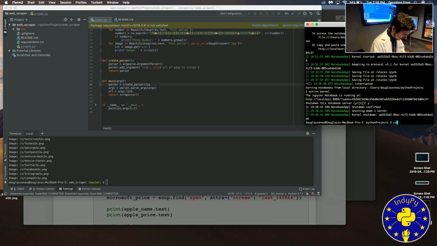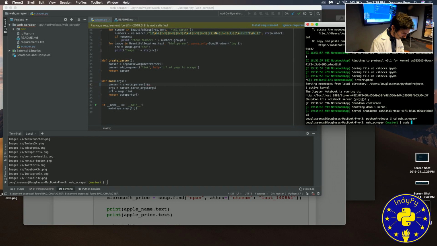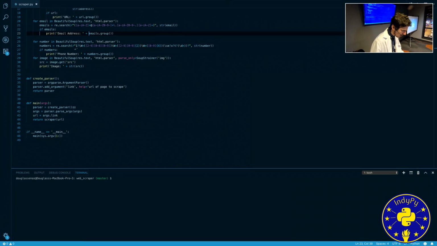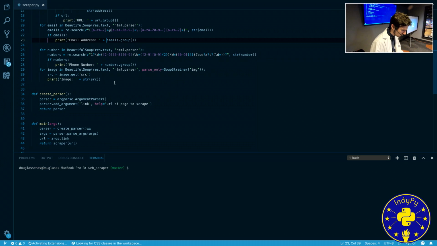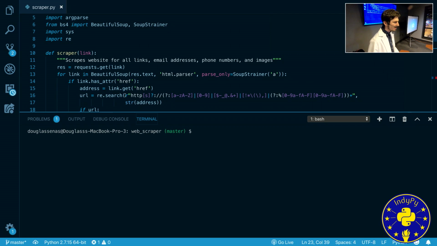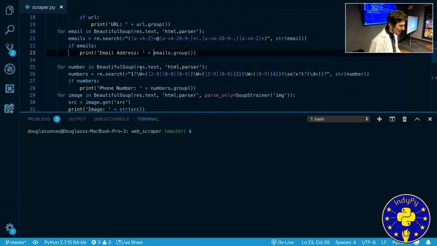Okay, so here I have a simple program that scrapes a website for email addresses, image tags, and URLs. So if we run this, python scraper.py, and we put in our URL,